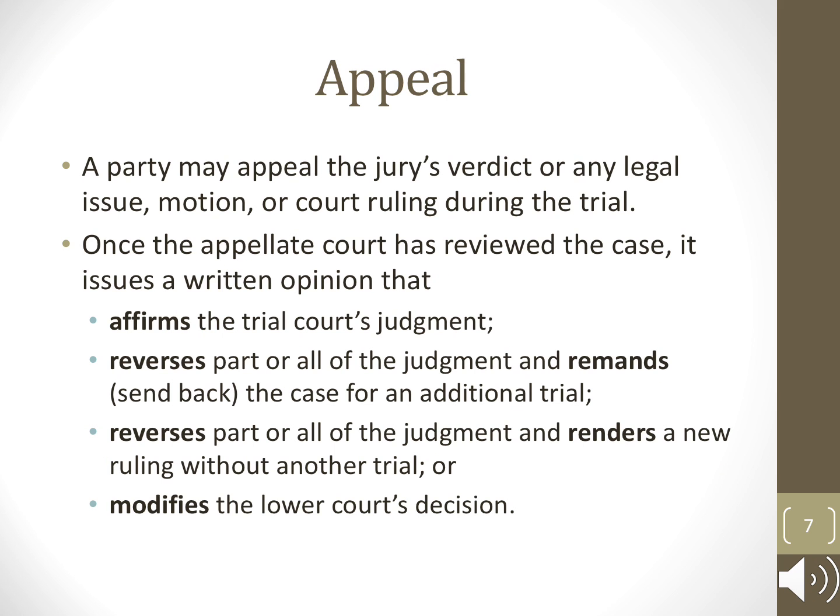A party may also appeal the jury's verdict or any legal issue, motion, or court ruling during the trial. Once this appeal has been made, the appellate court is going to review the record from the trial court case. Once the appellate court reviews the case, it issues a written opinion that either affirms the trial court's judgment, meaning it agrees, reverses part or all of the judgment and remands, sends it back for additional trial, reverses part or all of the judgment and renders a new ruling or verdict, or the appellate court may modify the lower court's